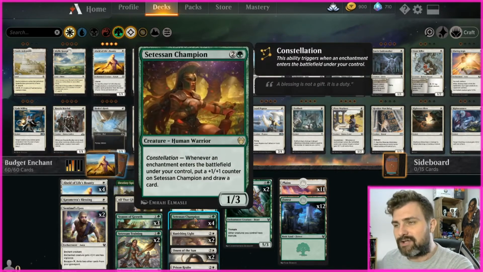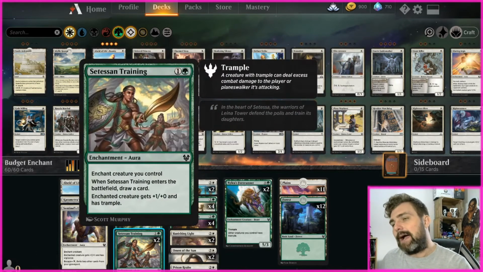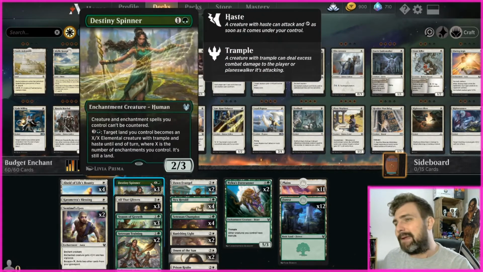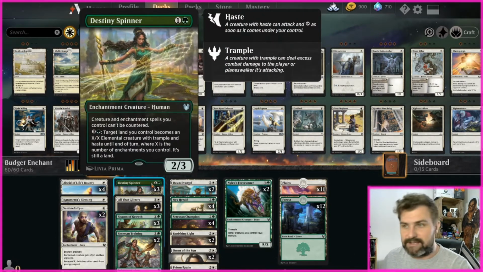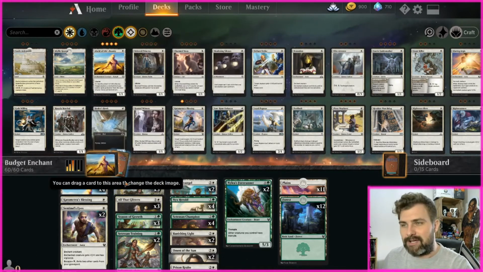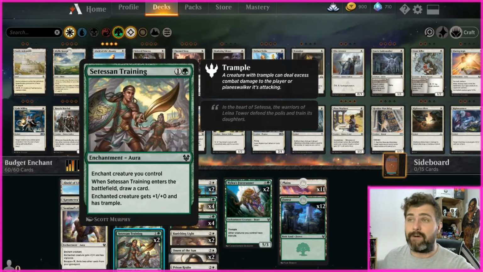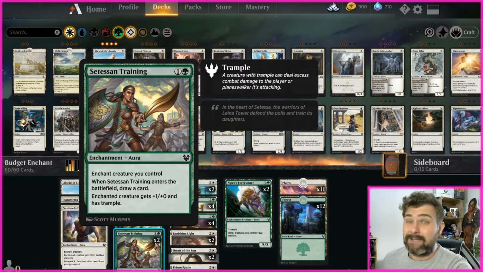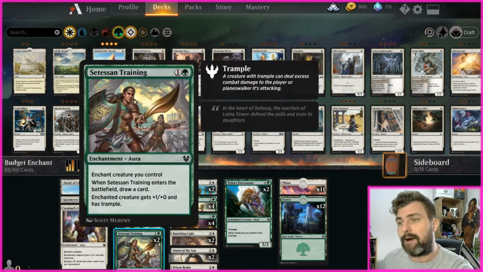You've got something like Selesnya Champion down that's really buffing up, and you can put this down. It gets Trample. All of a sudden, they're little chump blockers. Maybe you put this down and you use Destiny Spinner's big land thing to buff up to a 7/7. Maybe you've got 8 damage here, 7 damage from that, both with Trample, swinging through the face. Deal with that, basically, on your opponent. If you can do that turn 5, turn 6, which is possible, then you're putting a lot of pressure on